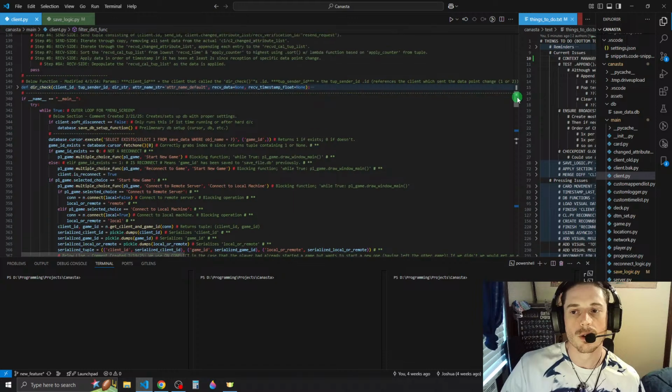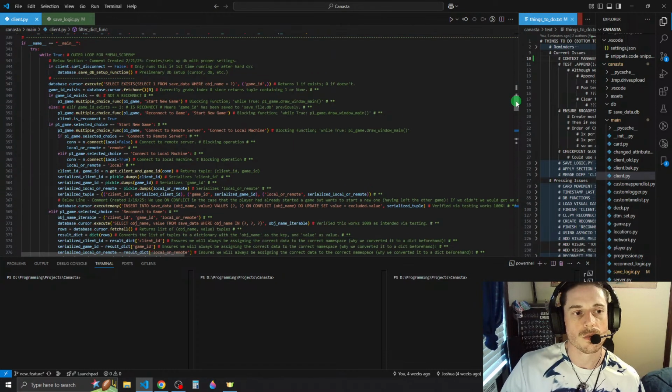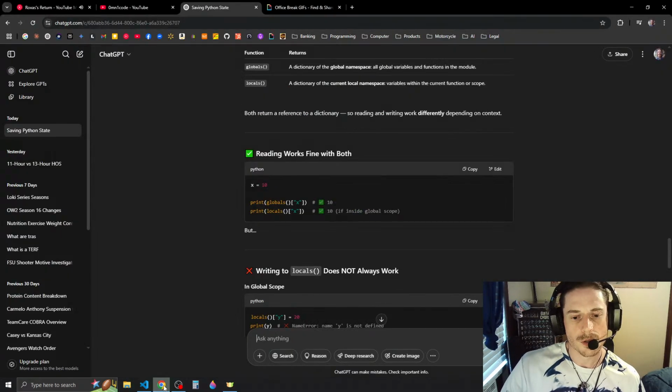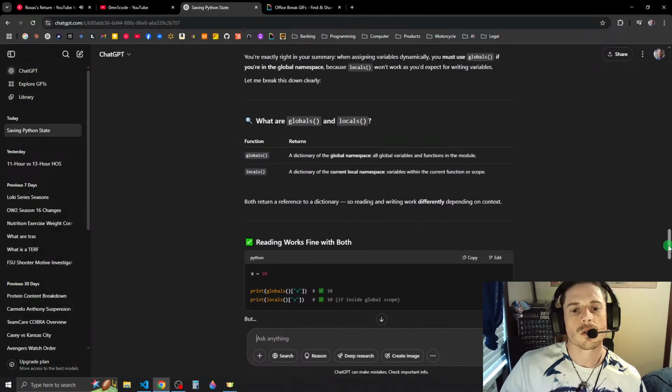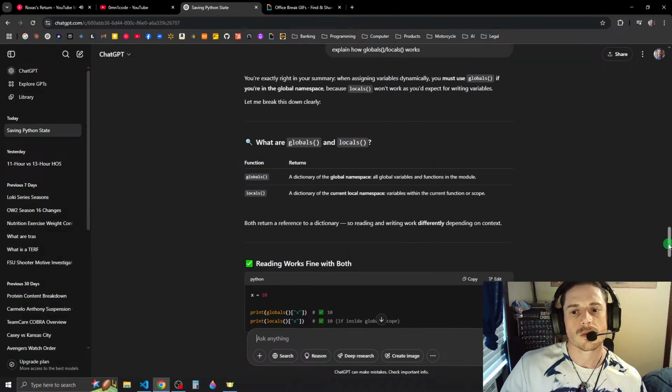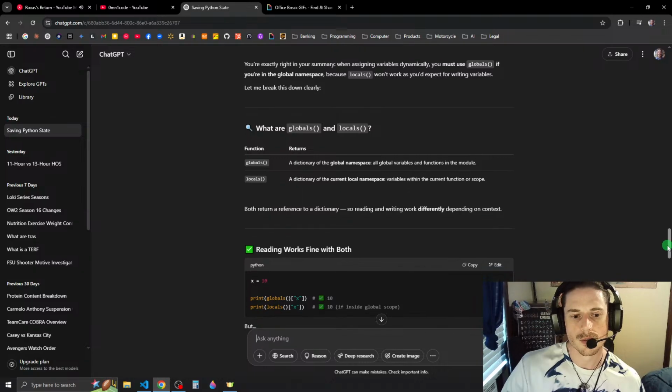What if using globals, because globals returns, let's see. What are globals and locals? Globals: a dictionary of the global namespace, all global variables and functions in the module.